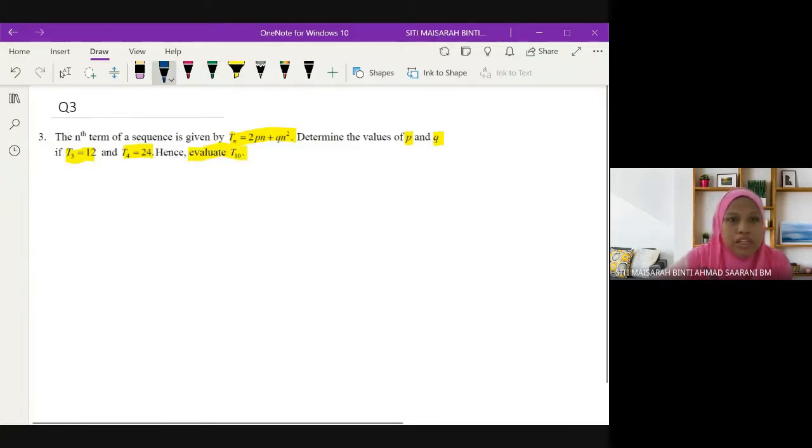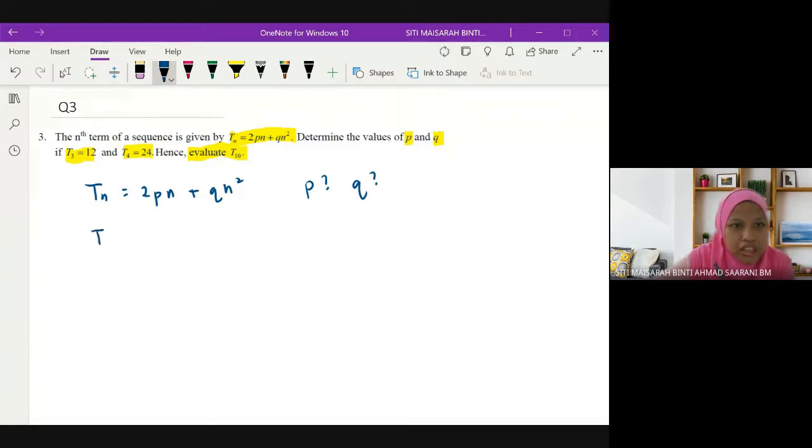So jadi maklumat yang kita ada, perkara pertama kena tulislah, we have Tn, we have Tn equals 2Pn plus Qn square. And then the question asks to find P, Q. Other information, we have T3 equals to 12. We have T4 equals to 24. And another question is T10. Okay. So jadi,